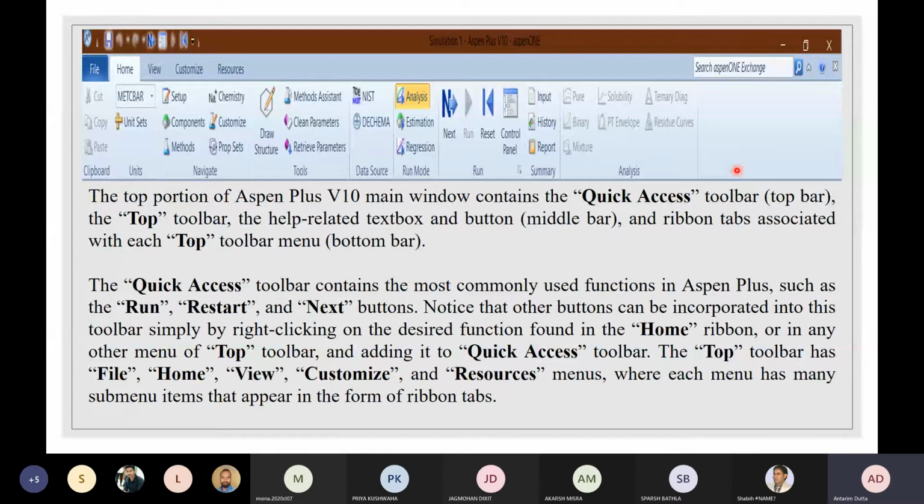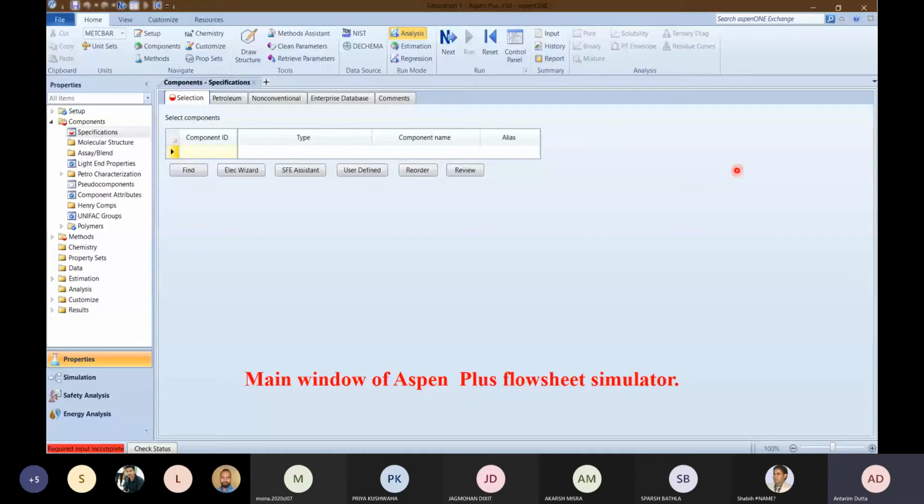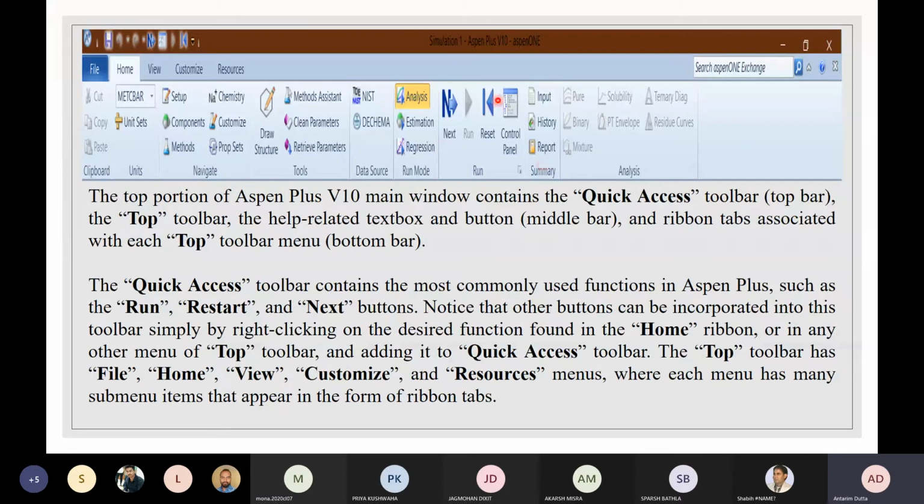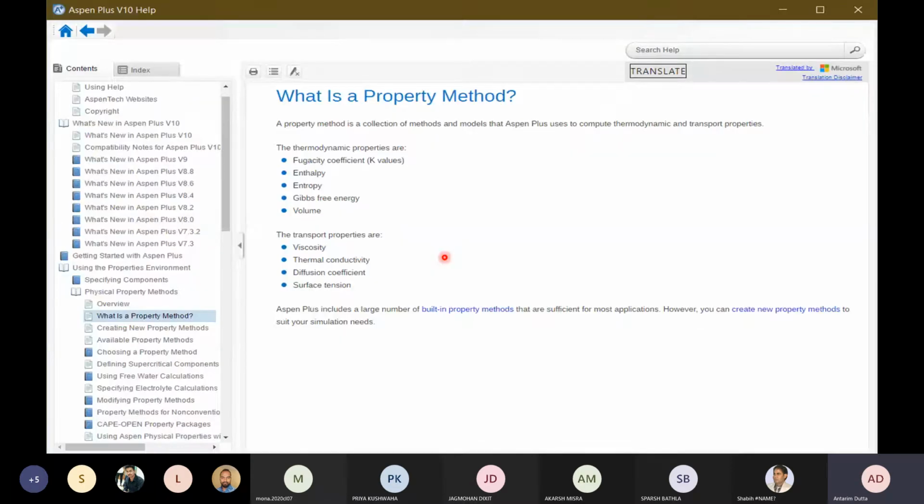Okay, I'm just trying to show you, part by part, the screen which has appeared in front of us. First part is this, that is your ribbon which will appear in front of you. So I have just shown you this particular ribbon. This is the first part. You can go through whatever I have written over here. It's not the complete thing, but I will be explaining all the things by performing certain property analysis. So I have shown this Aspen V10 help.